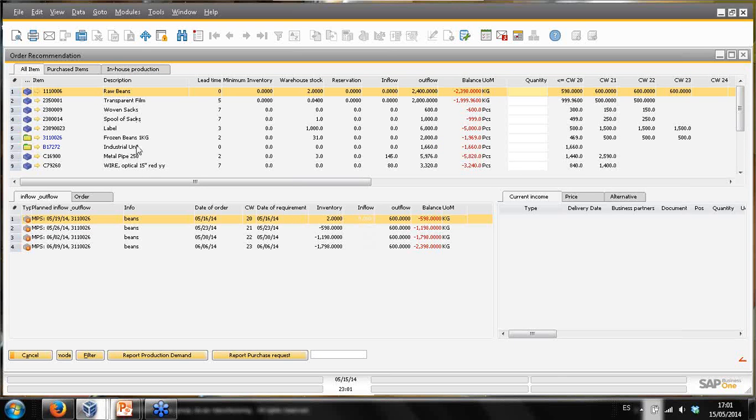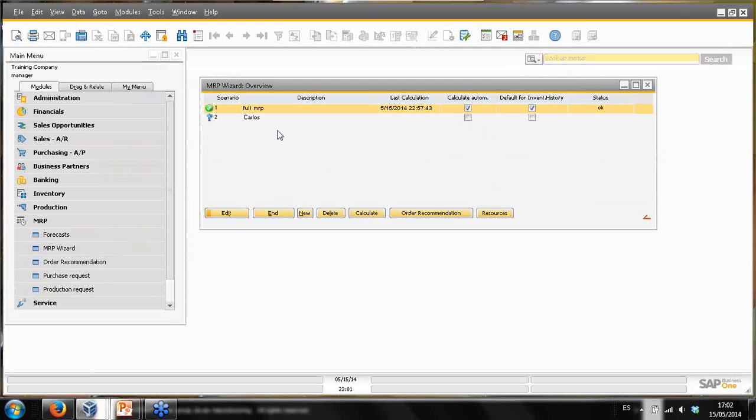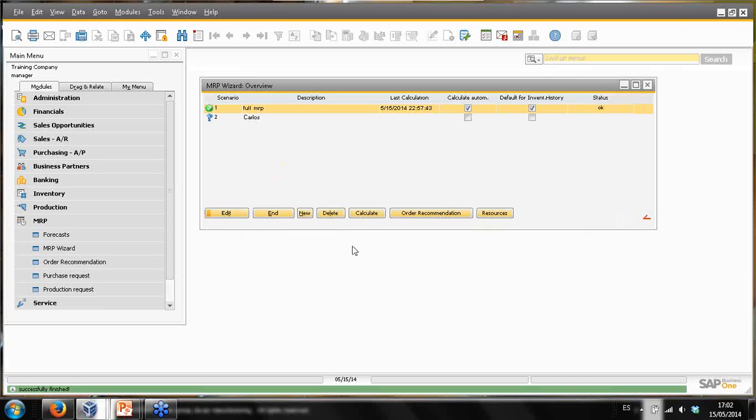First, I would like to show you, for example, the industrial unit. You see here in the industrial unit, I have a sales order, and I had a forecast created by weeks, but because I wanted to summarize the result, the system only shows me the demand coming from this forecast in a monthly way. If I come back and edit here and click here and put it normally, okay, and then okay,